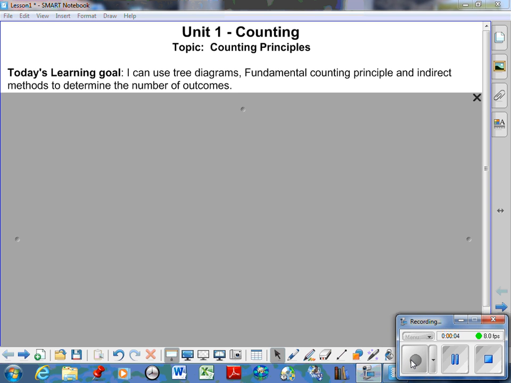The first unit we're looking at is counting, and the topic today is counting principles. So what is our goal today? I want you to be able to construct and use a tree diagram. I want you to be able to use the fundamental counting principle. And I want you to be able to recognize indirect methods and when they are necessary or